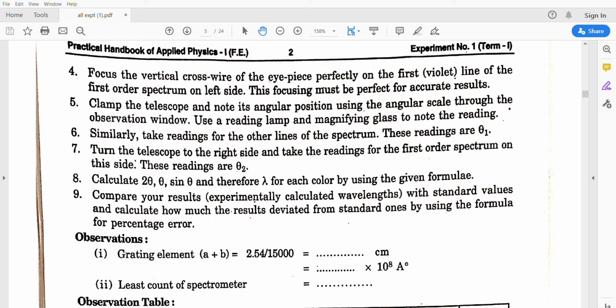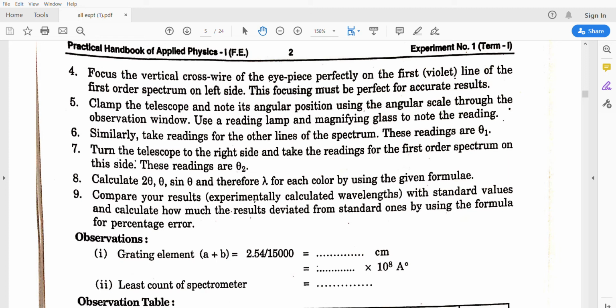On right hand side we have to take the reading on the two scales which are present on the spectrometer. We know that the spectrometer has circular scales. That circular scale has two scales, main scale and the vernier scale, same as vernier calipers. First we need to calculate the main scale reading. After that we need to go for the vernier scale reading. The total reading of particular violet color is the main scale reading plus vernier scale reading into least count. Least count of the spectrometer is 1 degree. So by calculating total violet color, theta 1 we will get on the right hand side.